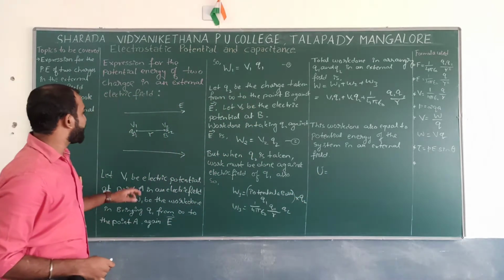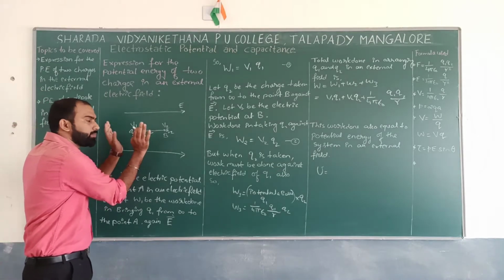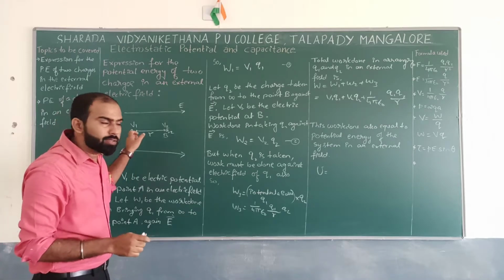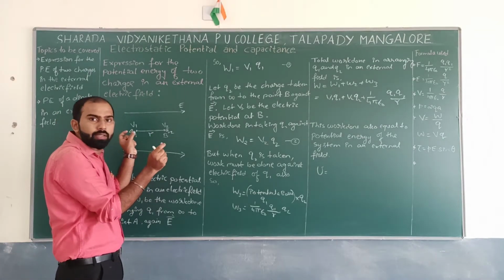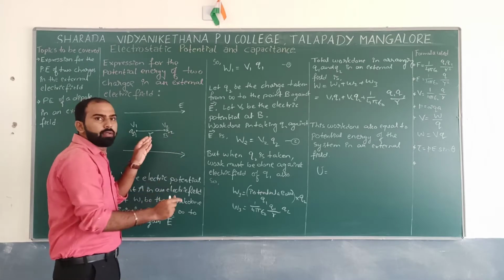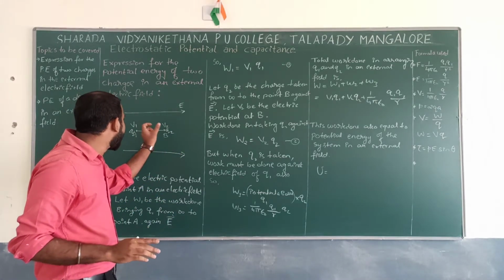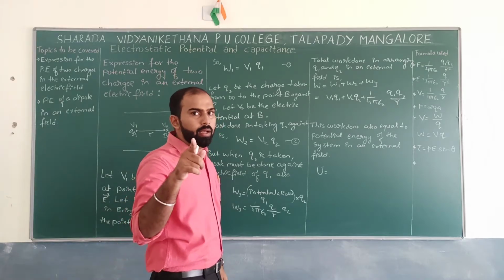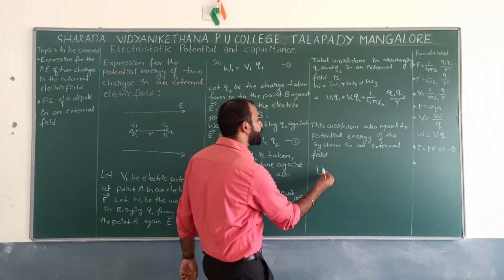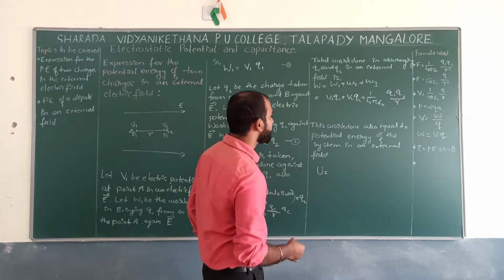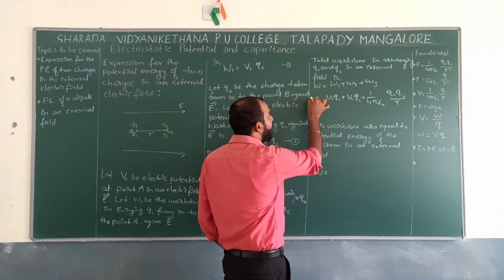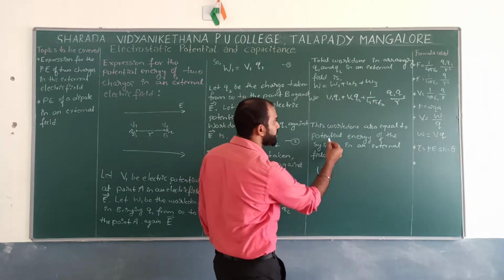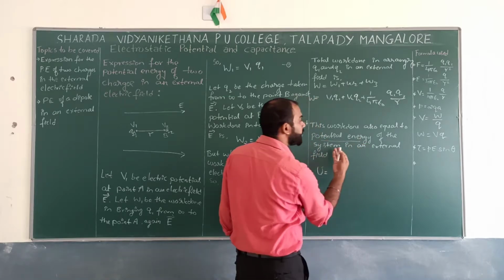Now at this particular point, whether your charges are moving or not, you have kept two charges at a point A and at a point B. So if there is no movement at this point, what kind of energy is stored over here? That is nothing but potential energy. So whatever work we have done to store, we store in terms of which energy? That is potential energy.